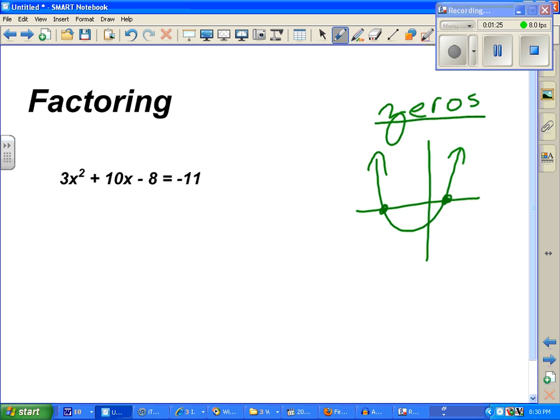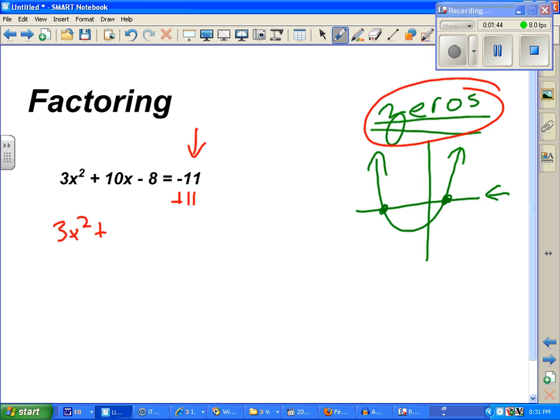That is a 0 because we're trying to figure out where it is at 0. Well, the first thing we need to do in order to find a 0 is make sure it equals 0. So the first thing I'm going to do is just do a little algebra and add 11. So I've got 3x squared plus 10x plus 3, I don't need a parenthesis yet,